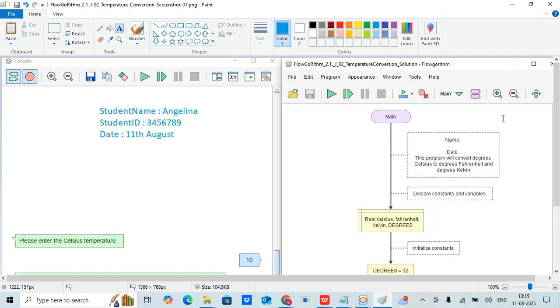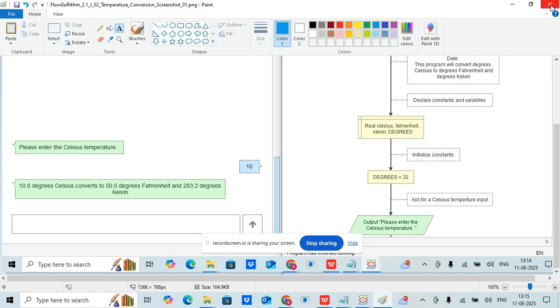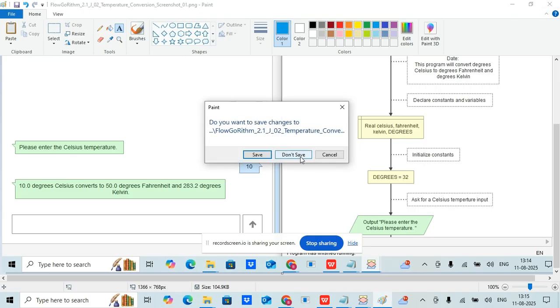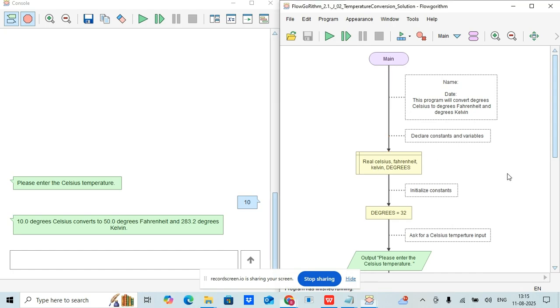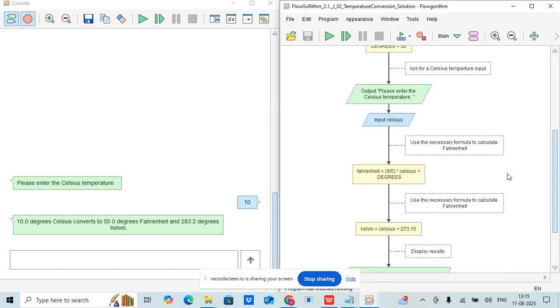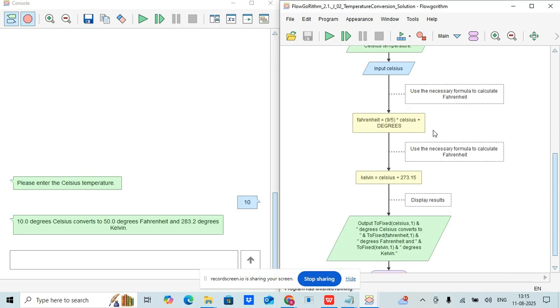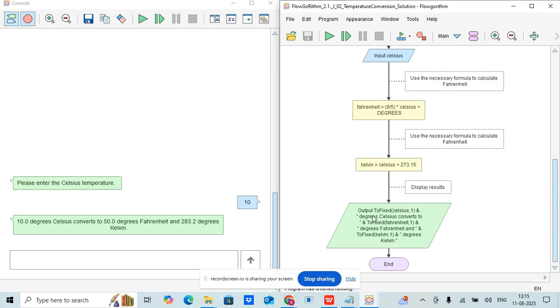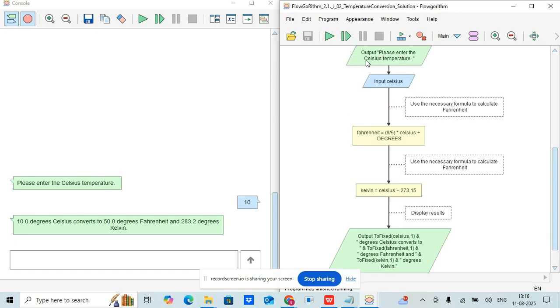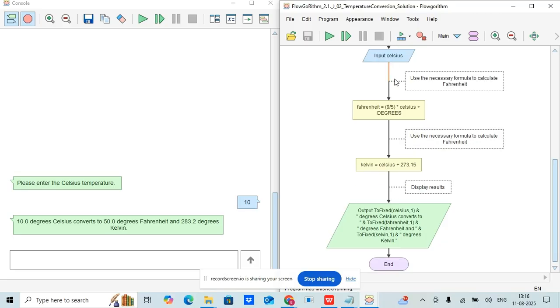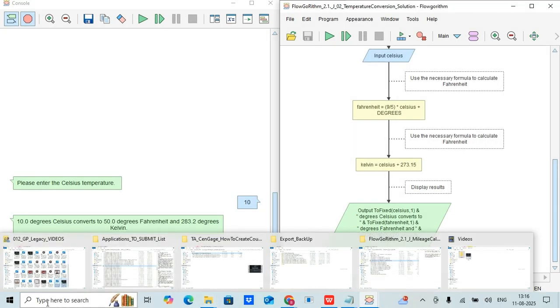So we have to take one more screenshot. The entire screenshot should cover the main to end. So only here main is covered. Then go back to, don't save. Now scroll down. So here now the end is visible. Until this, we have already taken the output box, green color box. Then we have to capture from the input Celsius to end. So we have to take one more screenshot here, and in the same way open Paint,